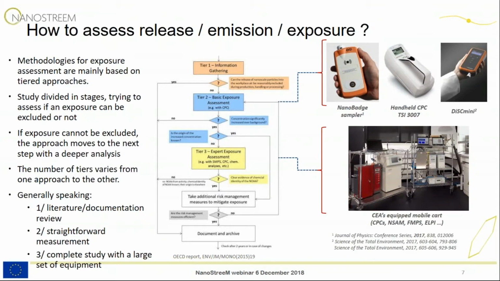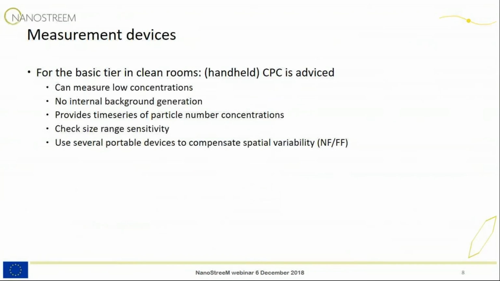So the number of stages varies from one approach to another, but in general, you can say that it starts with literature documentation review. If you cannot exclude exposure based on that, you go to straightforward measurements. If you cannot exclude exposure based on that, you go to complete study with a large set of equipment. We've done some research on the measurement devices, and we came to the conclusion that for the basic tier,